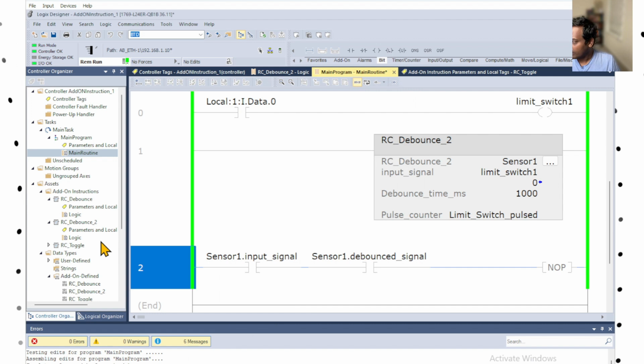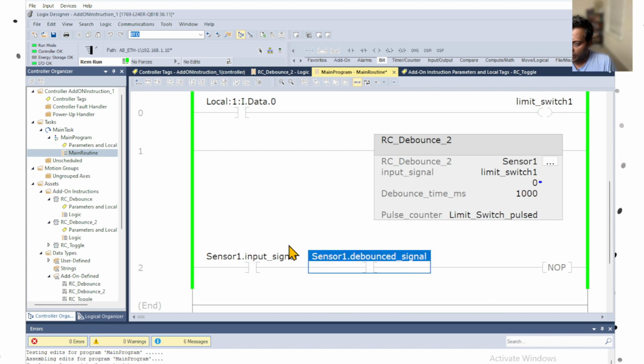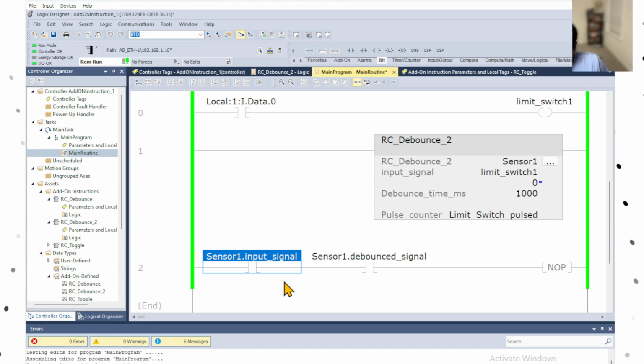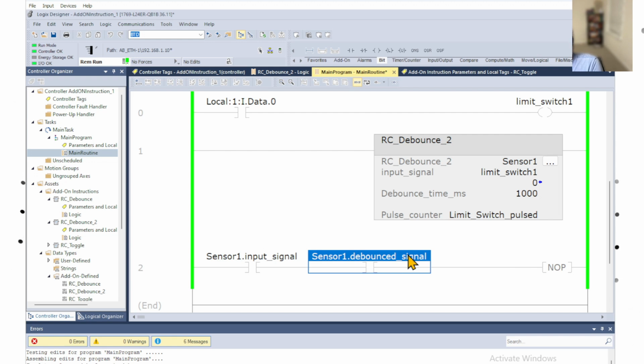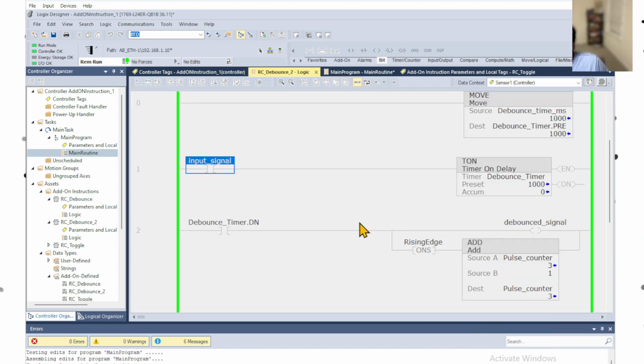So now when I push the start button, you could see the input switch made 1, and after 1 second the debounce signal is coming on, right? See, when I push the button, input signal comes on, but the debounce signal will come on after 1 second. So that's how this AOI works. You could do the same thing. You could open instruction logic here. When you push the button, the input signal comes in, timer done, and debounce signal comes on,